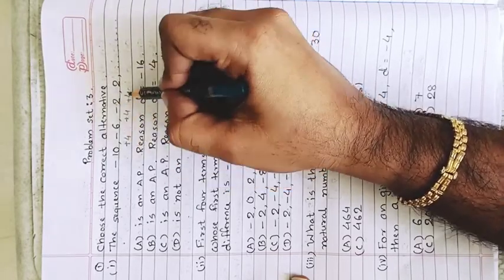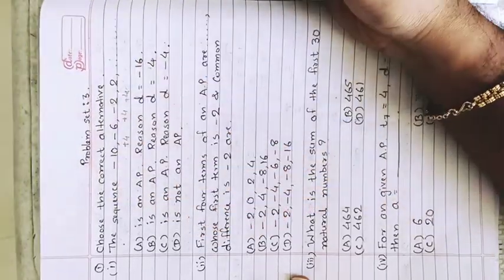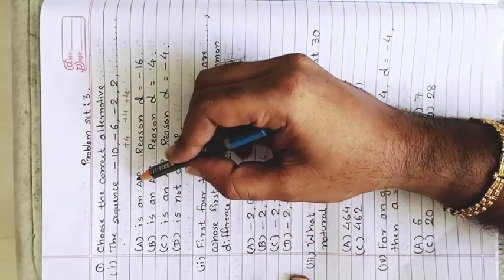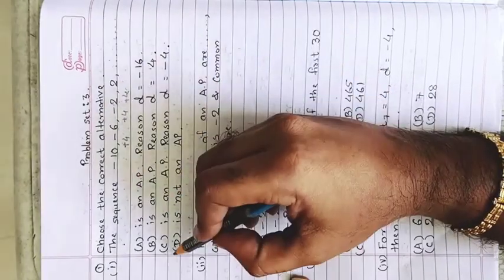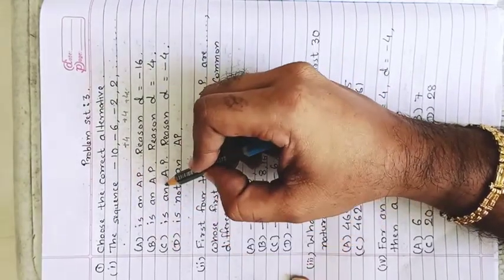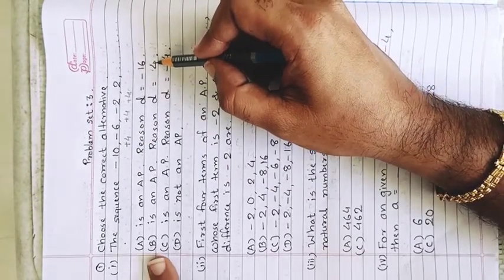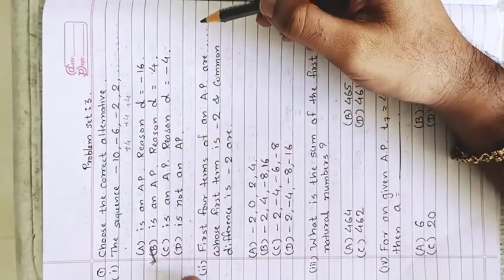As the difference between consecutive terms is constant, definitely the sequence is an AP. So the first 3 options can be correct. The fourth one is not an AP, so the fourth one is incorrect. Now the difference is plus 4, which is the answer in B. So option B is the correct option.